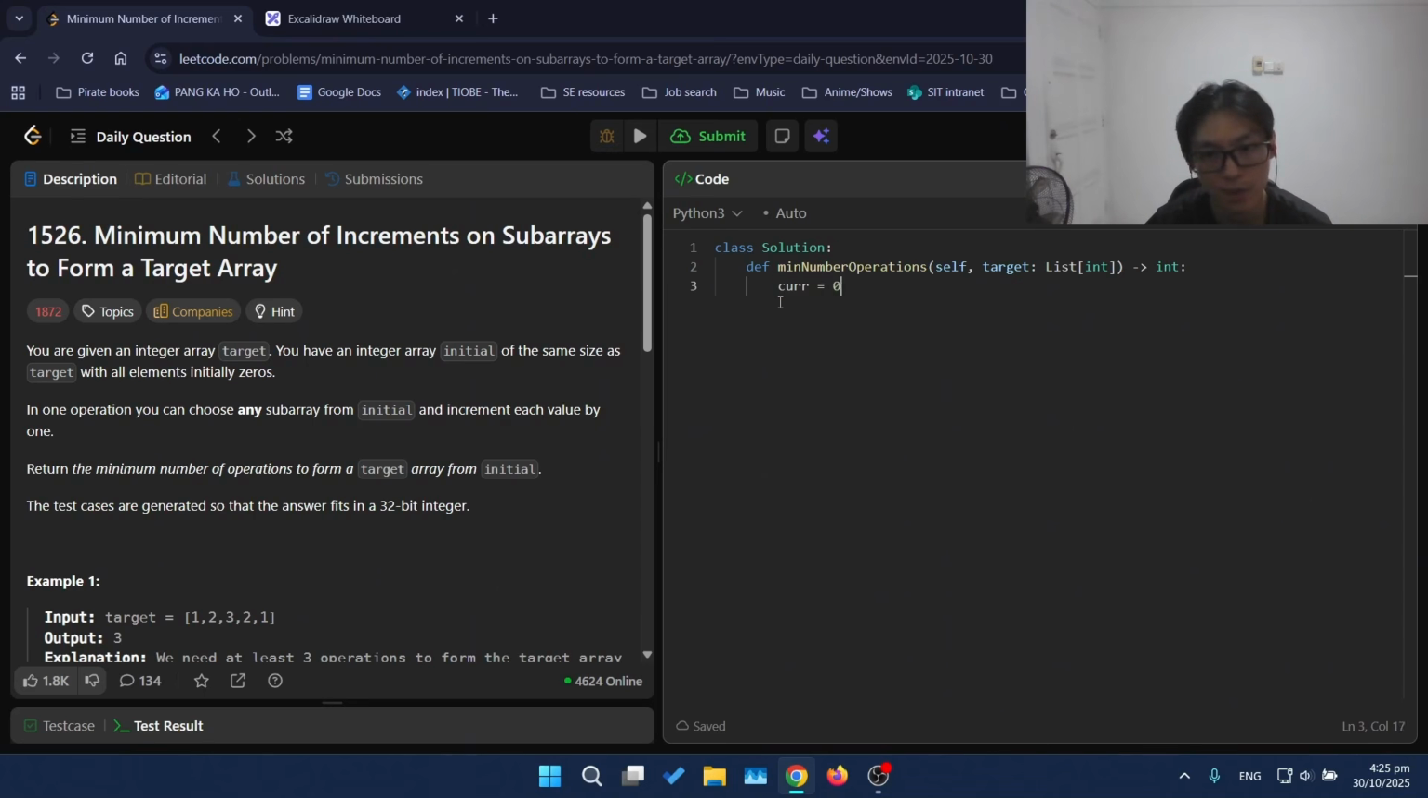So our current number of subarrays or segments, as I call it, is 0, and the total is equal to 0 as well. We'll return total. In this case, I think it's more akin to a greedy algorithm. You only add subarrays when you need it. We're not using some sort of dynamic programming or binary search on solution spaces to guess the answer. Okay, so we say n is equal to the length of target, for i in range of n